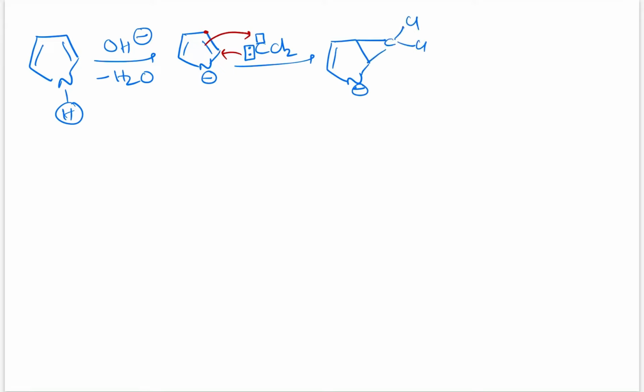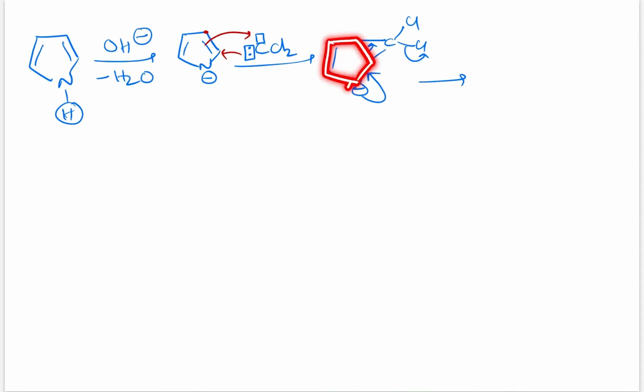like this. And then what will happen? This pi bond, this sigma bond will shift here to form the pi bond. This carbon is already tetravalent, and by shifting this sigma bond to form the pi bond it will become beyond octet, so one of the Cl minus will be eliminated. Then when this sigma bond is shifting here to form the pi bond, this carbon will become positive. So to neutralize that positive charge, this negative charge will shift here to form the pi bond. That means overall what happened, this carbon also will be taken into the ring.